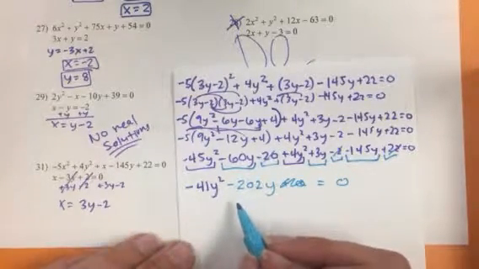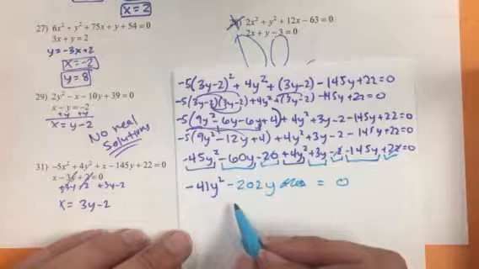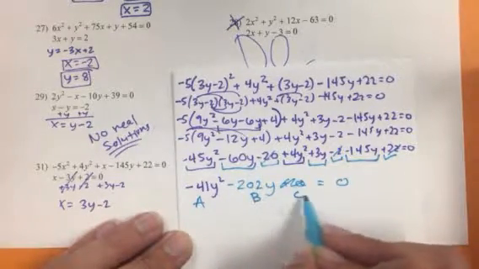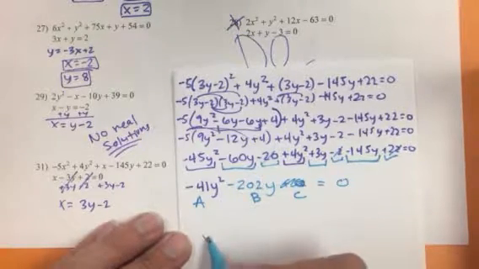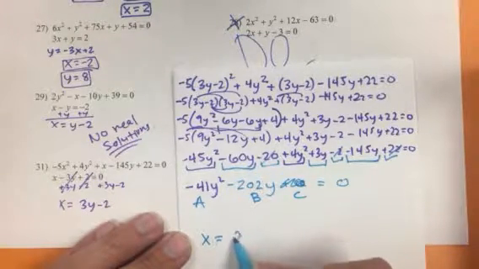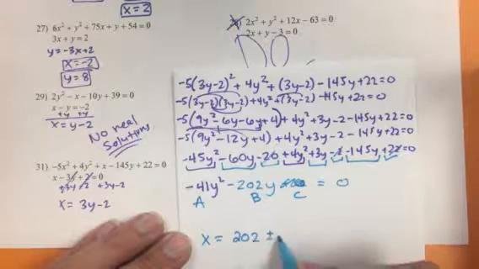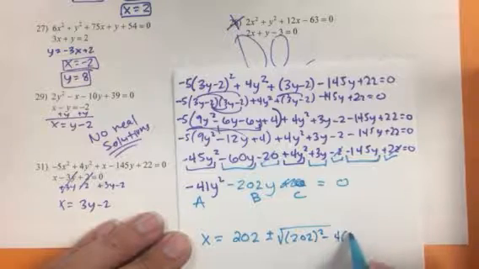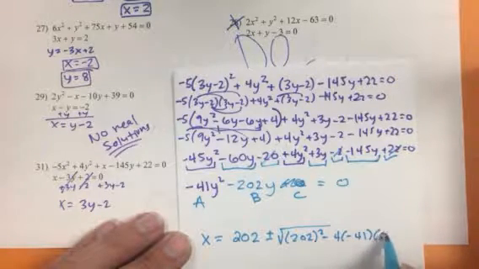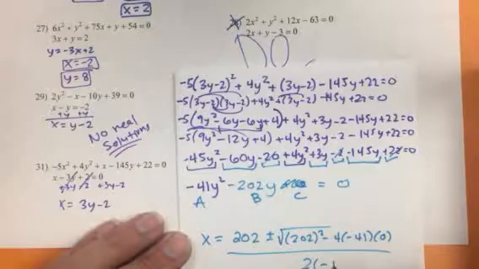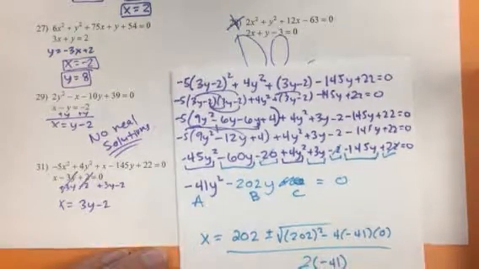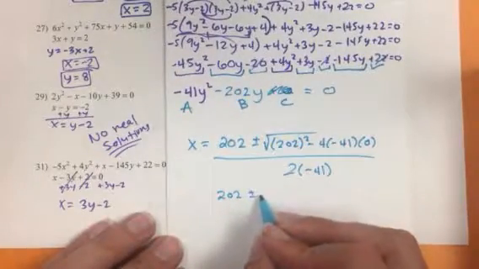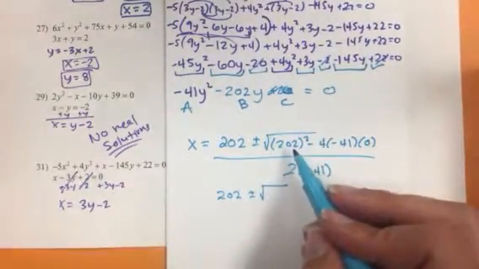All right, let's see. I'm just going to use a quadratic. A, B, C is 0. X is equal to 202 plus or minus square root, all over 2a. So we get 202, there we go, 202 plus or minus the square root of